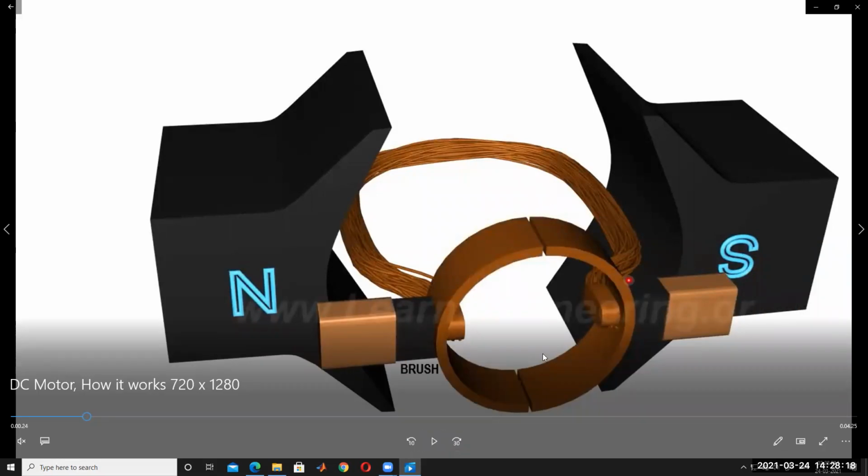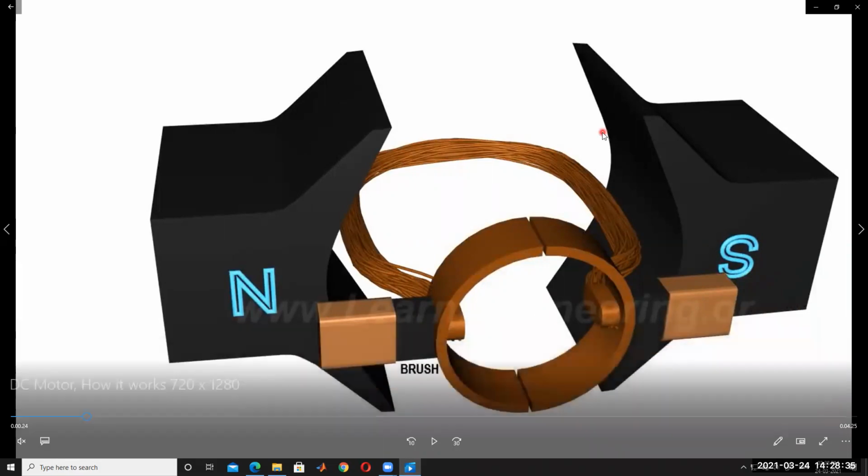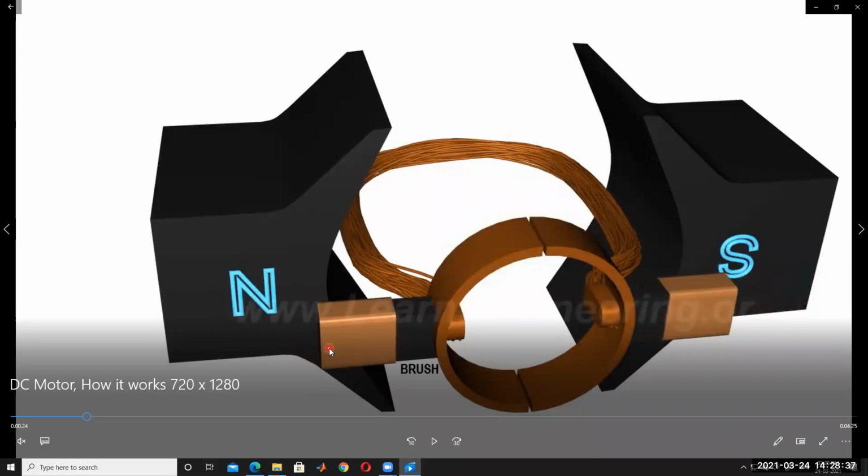This is a rotating part. Brushes are the stationary part. This is stationary and this is stationary, but this is rotating. We are giving the power supply to this armature winding. For a motor, the input is nothing but DC. We give the power supply externally through the brushes to the armature winding, this plus or minus. That is called the external DC supply. This is called the commutator segments, the commutator.